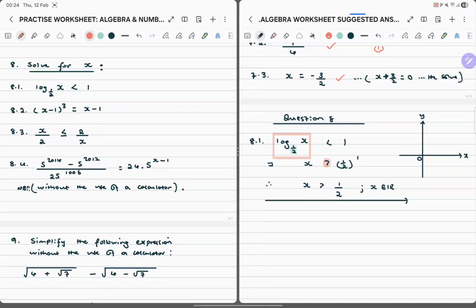Now we draw this graph. We know that this graph would move something like this. Right? Yes. And where does it cut? At 1. But when will it be 1? When the number is the same as the base. So if the base is a half, it means this would be a half. Then it would register 1. Can you see when is it less than 1? All of this region